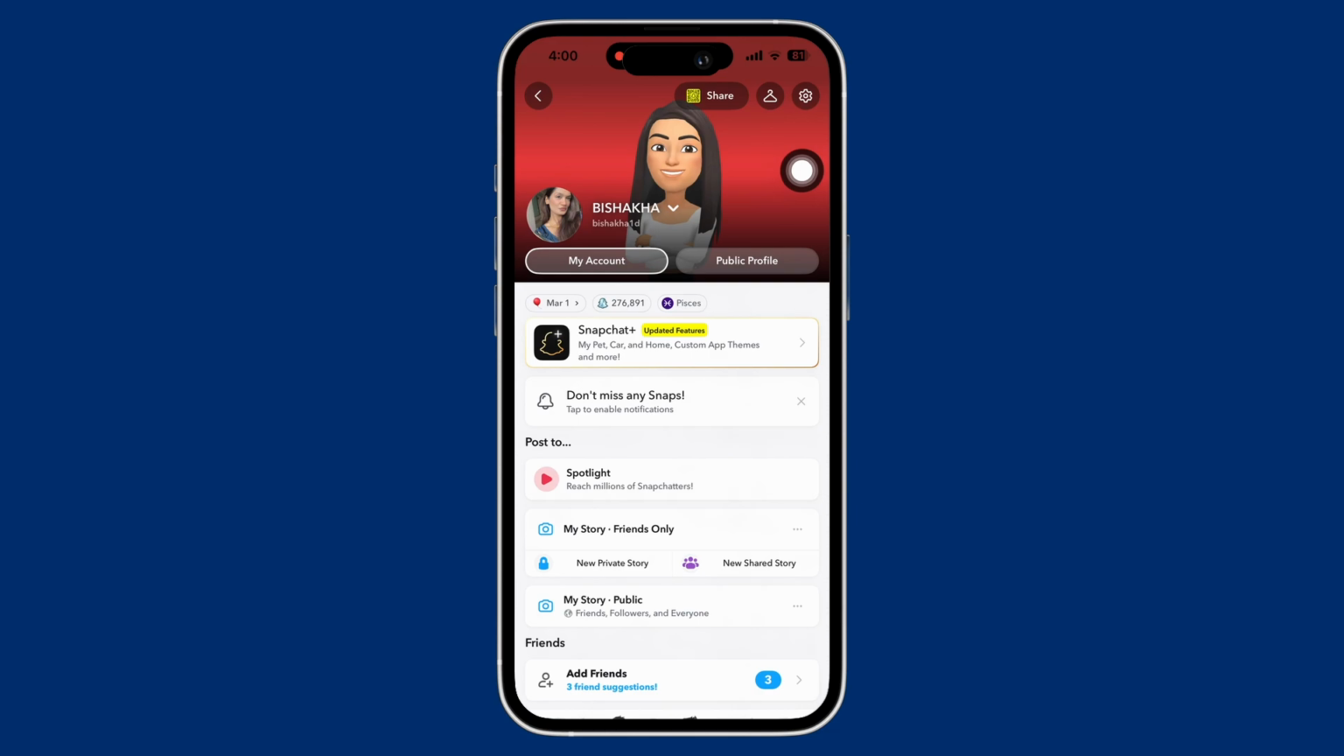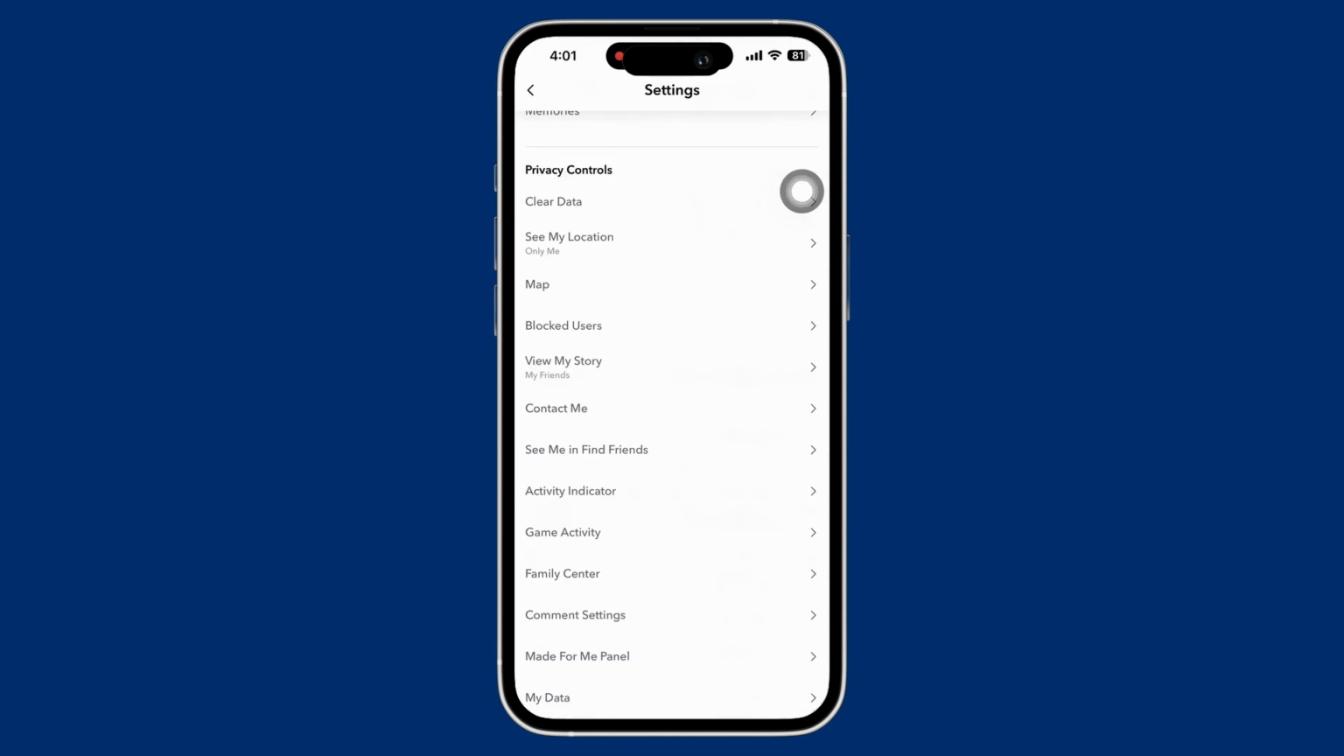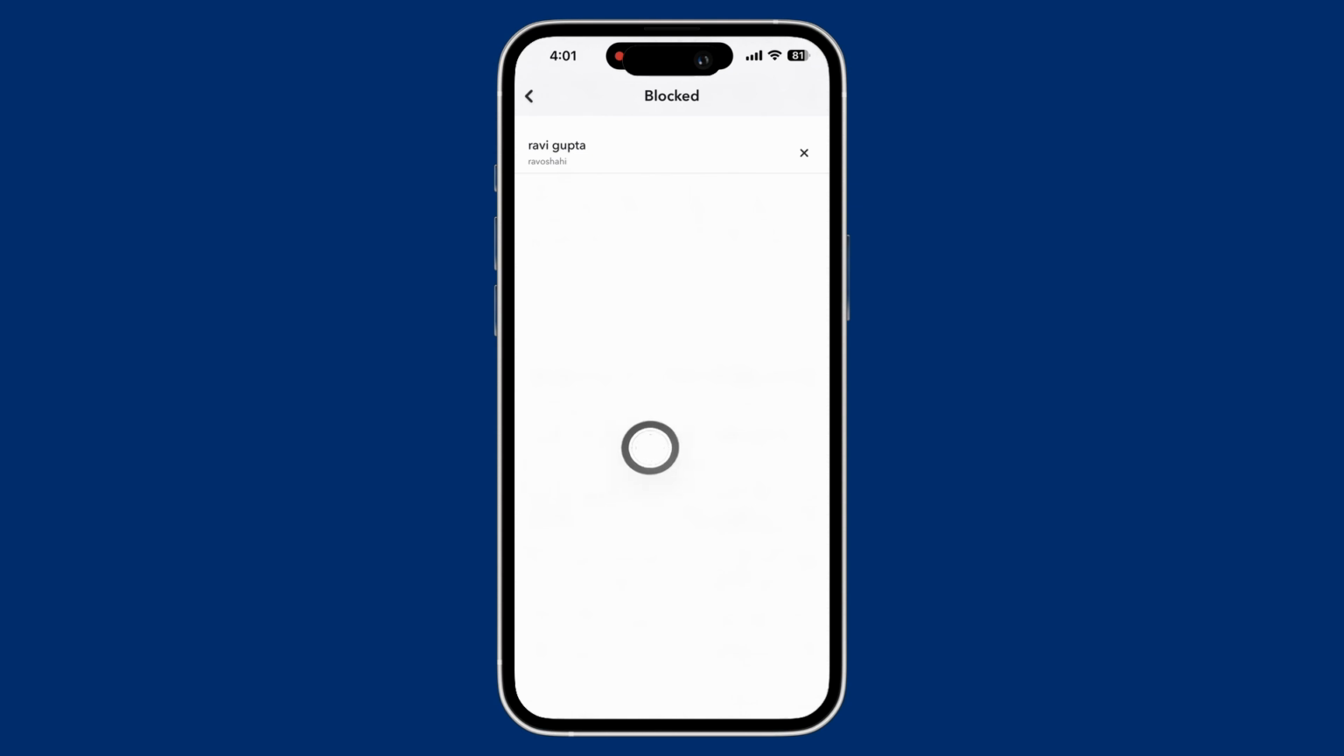Now, in the Snapchat settings page, scroll down to the Privacy Controls tab, and under the Privacy Controls tab, you will see the option for blocked users. Simply tap on it, and in this particular interface, you will be able to see all the individuals whom you want and have blocked. So simply tap on the cross icon beside the individual whom you want to unblock, and